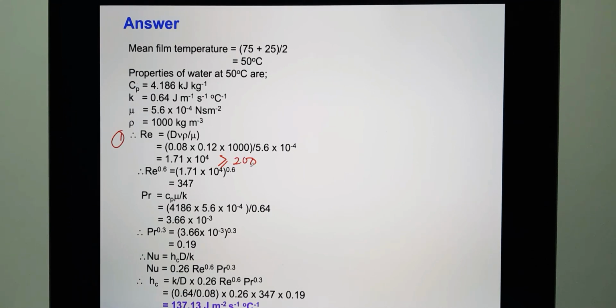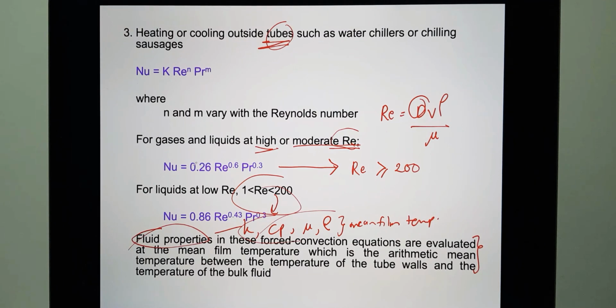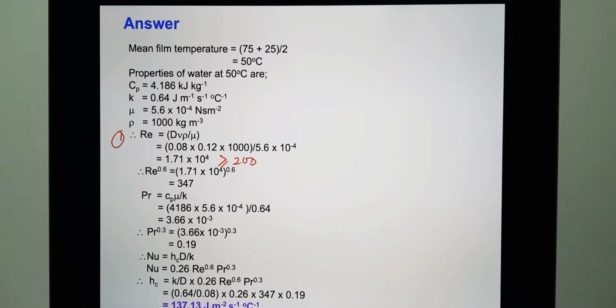So when it is greater than 200, that is why we use this particular equation. Nusselt equals 0.26 times Reynolds to the power of 0.6 times Prandtl to the power of 0.3. After that, you need to calculate the value of Prandtl. Prandtl equals Cp mu over K, and you will get the value of Prandtl. And then you need to apply